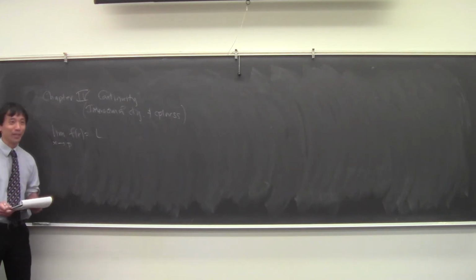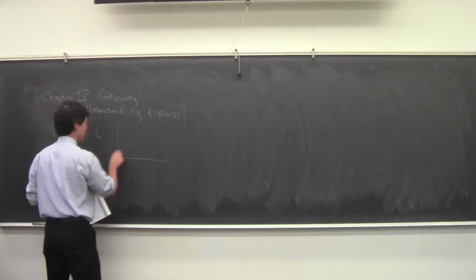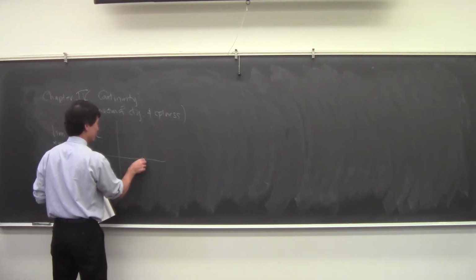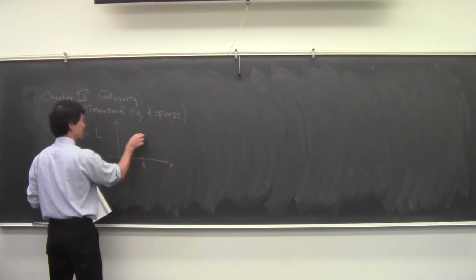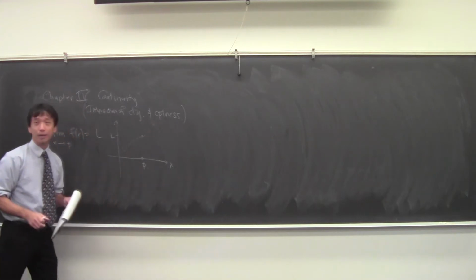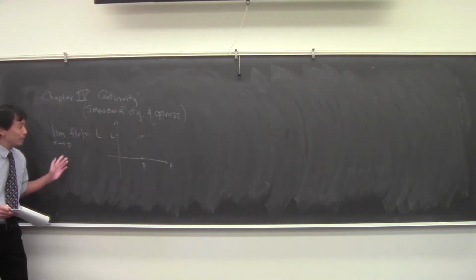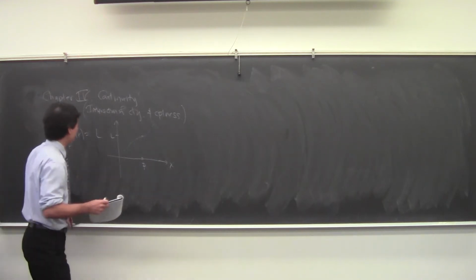Yes, go ahead. The point on the graph that L intends to reach at x equals p. Yeah, so you've got this intuitive idea that there's this point p, and as your x's approach that point, the values are going to get close to L. So that's one way of thinking about it. Has anybody seen any other way of thinking about it? How many of you have seen the epsilon delta definition? So some of you have seen that.